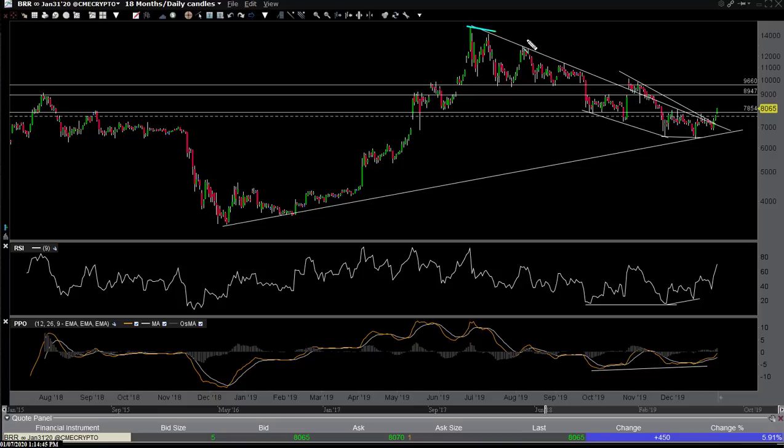Personally, let's just say I'm ambivalent to the merits of Bitcoin, whether it's going to be around in the long run or not, but I could care less. I don't have to like a stock or a company to trade it. If it has a constructive chart, I'm in it. As long as it has a ticker, and I can, with a few clicks of my mouse, buy or sell it at my broker, I'll trade it. And as you guys know, I've traded Bitcoin for years, via futures or the ETFs, GBTC,